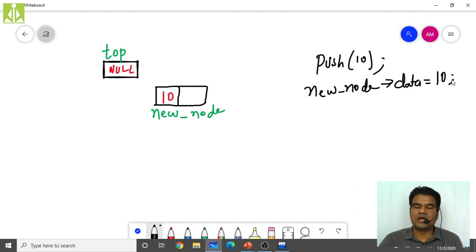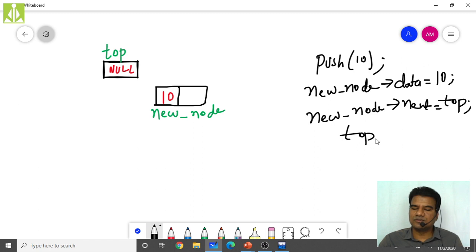This 10 we have to assign. Then new_node of next equals top. Always do like this. Then top equals new_node. These 3 lines of code we have to write.